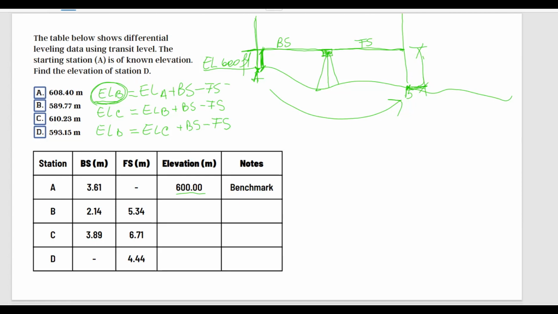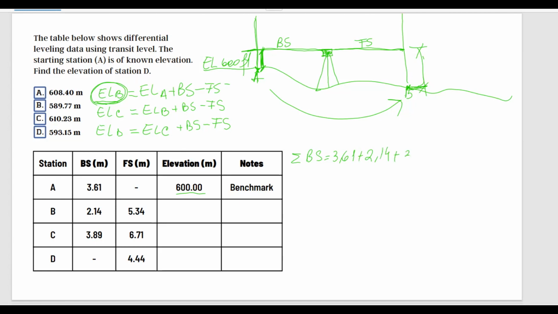Since we are asked to calculate the elevation of station D, we don't need to calculate each separate elevation, B and C. What we can do is notice the pattern that happens. Notice how we are adding the backsight distance and we are subtracting the foresight distance, which means that we can calculate this faster. We're going to do the sum of backsight distances is equal to 361 plus